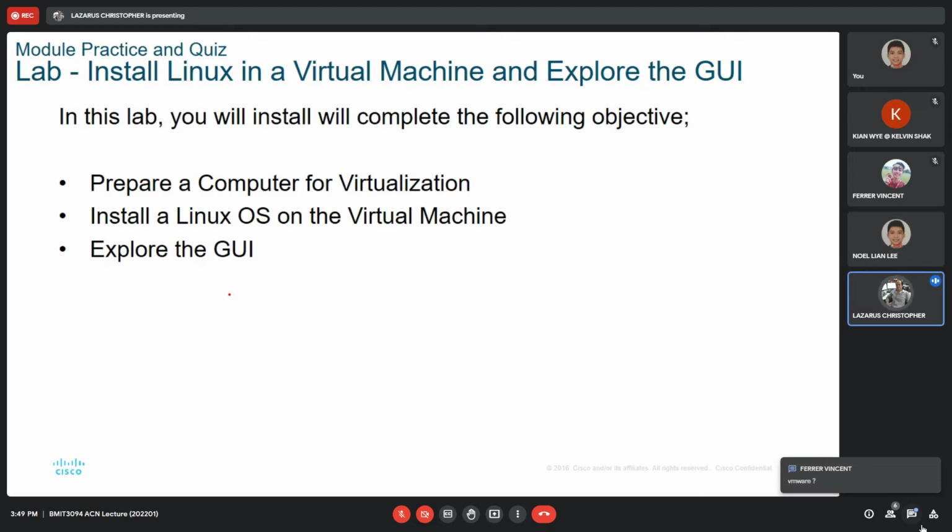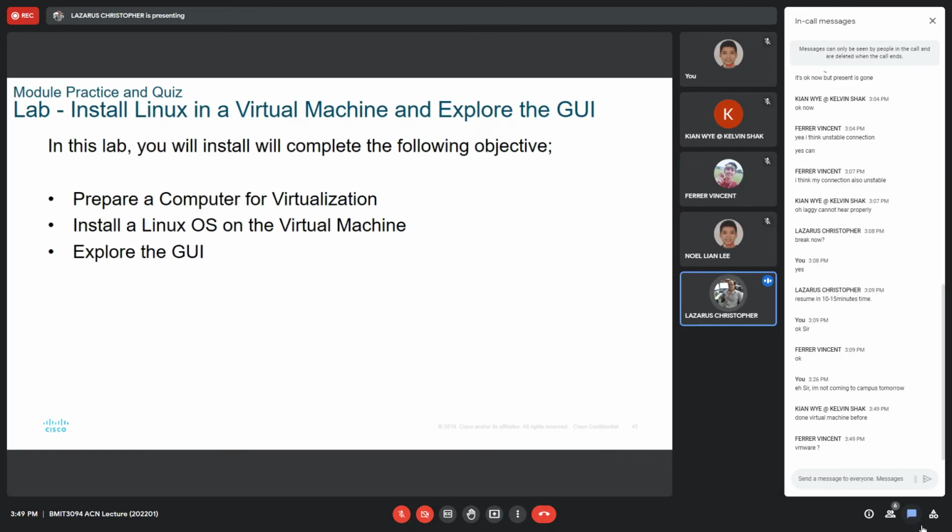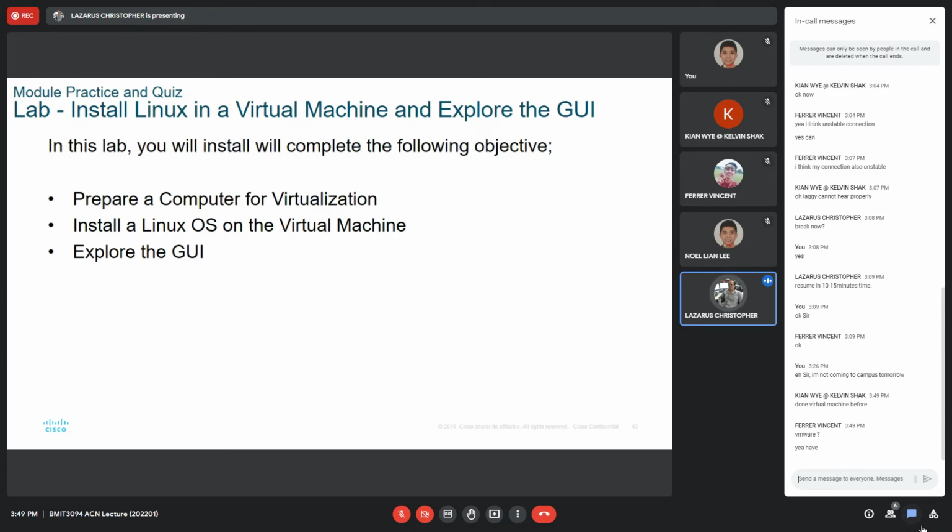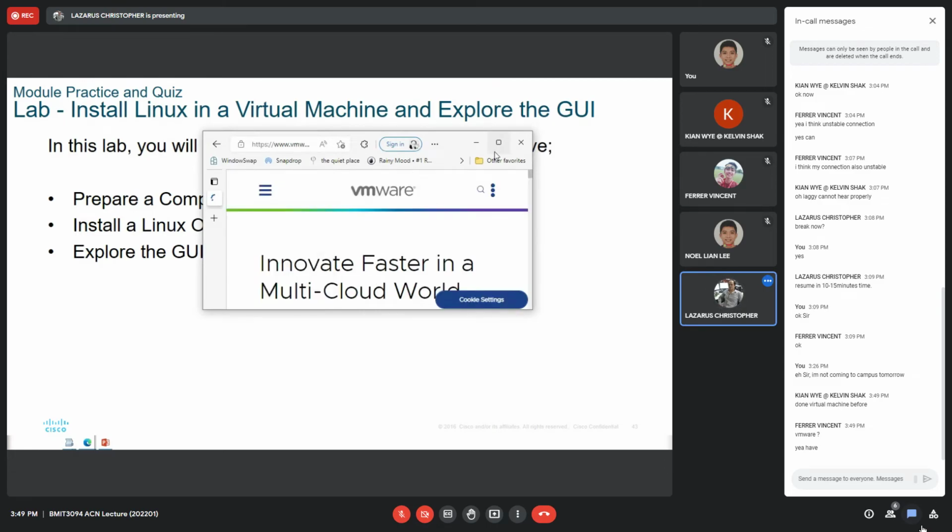VMware also, I think, has a free edition. Yeah, VMware. So the other one is VirtualBox. Whichever you want to use. They're both very similar. So VMware, Farah, ever used or not? Yeah, VMware,